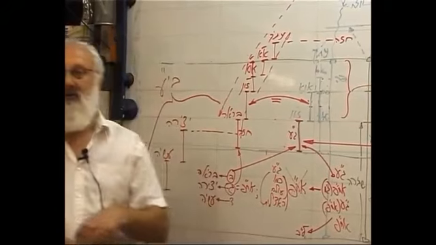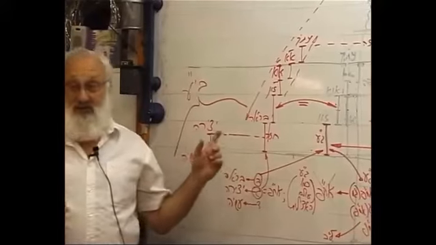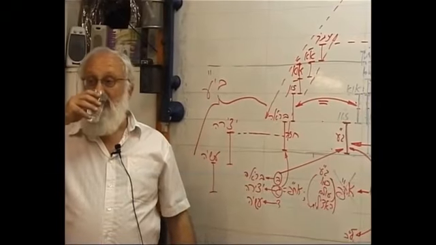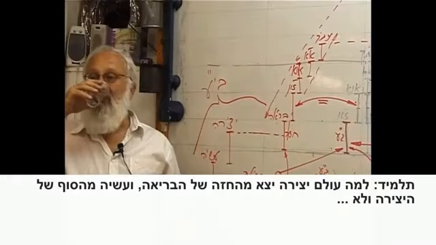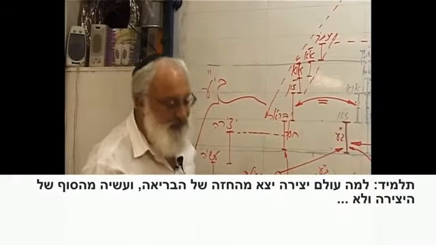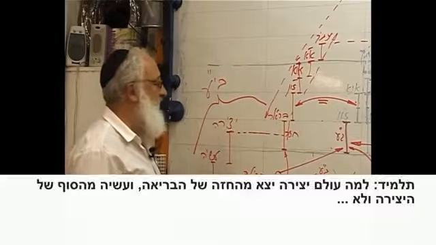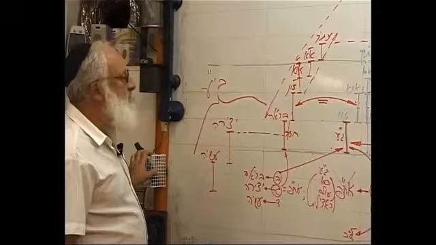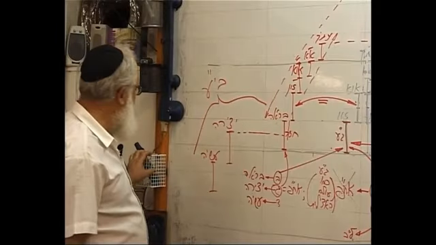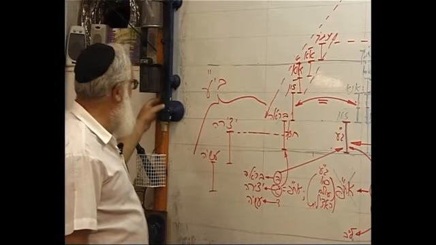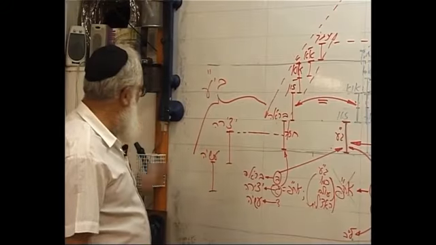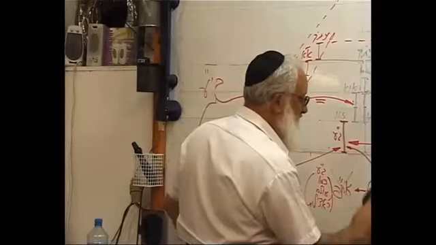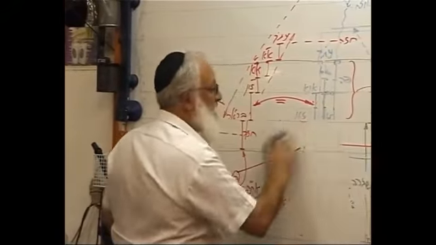Yes, ask. As much as I can, I'll stay here, but yes. This is part 16 in the study of Ten Sfirot, the last part of the study of Ten Sfirot. Why did the world of Yetzirah come out of the Chazeh of Bria and Asiya from the end of Yetzirah? Okay, it's a question. I'll tell you. This is too much with us, so I will have to draw this differently.